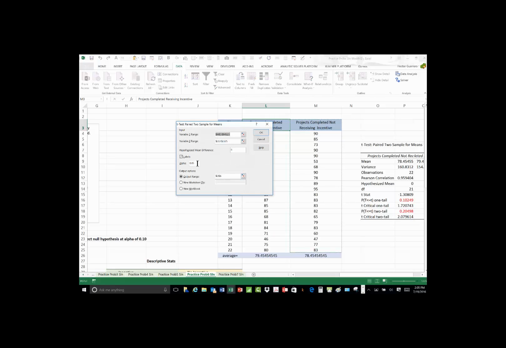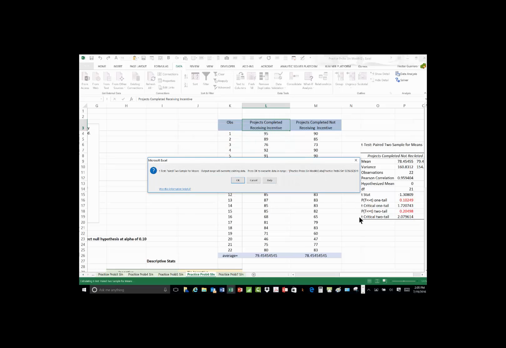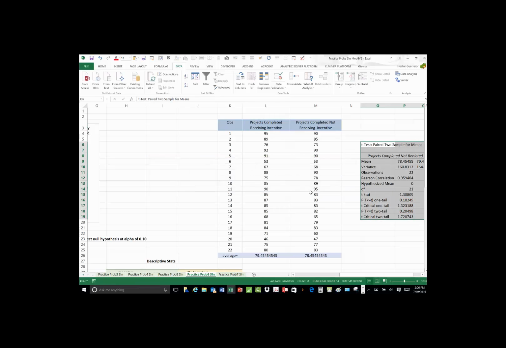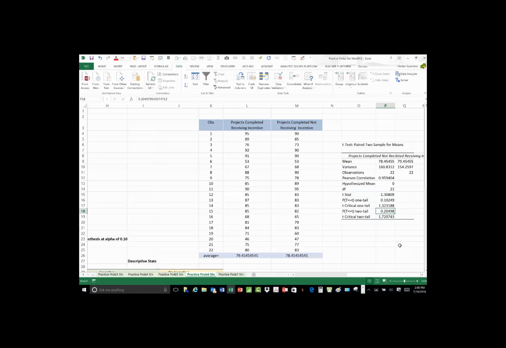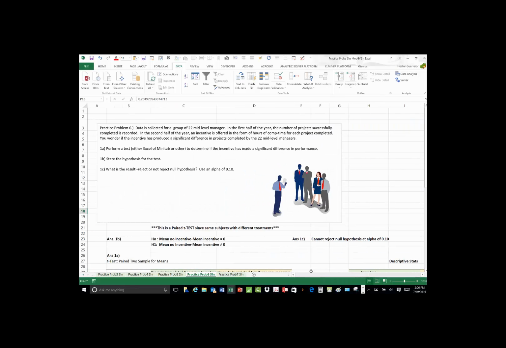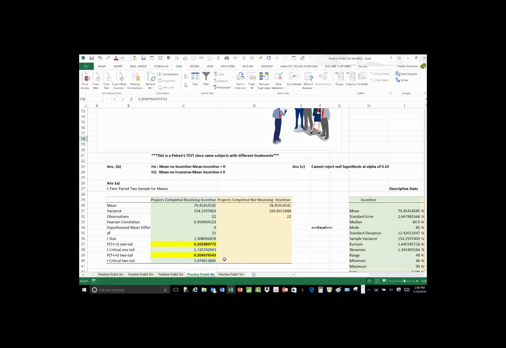It's already got the data in there. I want to make the difference here as 0.01. I hit OK. There's the new data, and here are the stats again. Very similar to what we had before, but we now can state as a result of this test that we